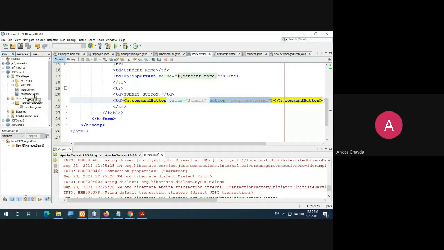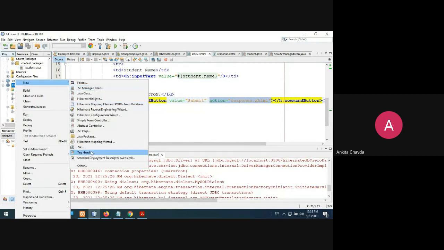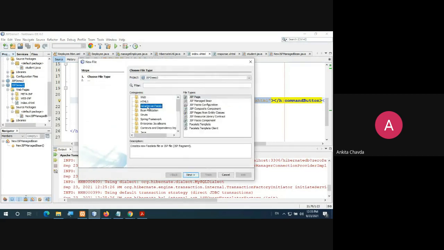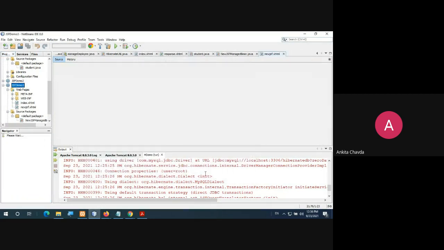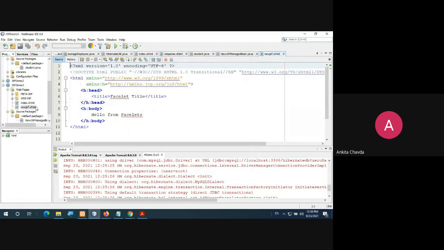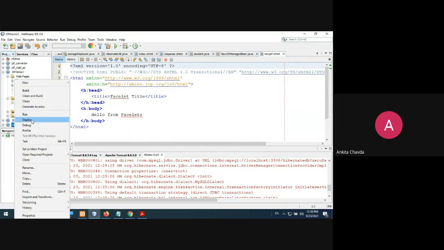How will you create this response.xhtml? You have the index, but that file is known as a JSF page. If you want to create this kind of file, you just go to this, select new, go to other, select Java Server Faces, and the very first one, JSF page. Next, whatever the name is, it will create this new jsf.xhtml. Fine. So I'm deleting this. It is so confusing for me to go from here to there.